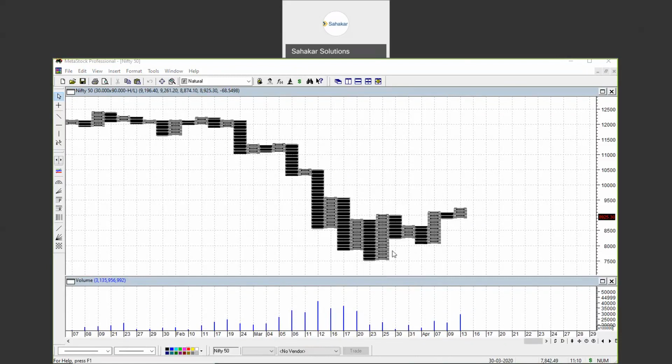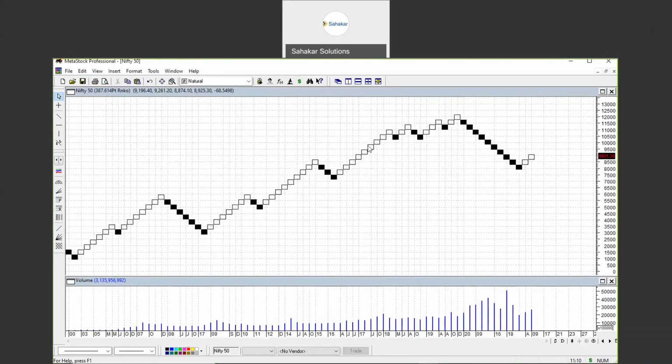And we will see the next important chart. There's a Renko chart, which is also similar in a way. Only a certain percentage of change in prices is taken for plotting these. When the trend changes from downtrend to uptrend, it starts from black color boxes to white color boxes, and when the trend changes from bullish to bearish, black color boxes appear.